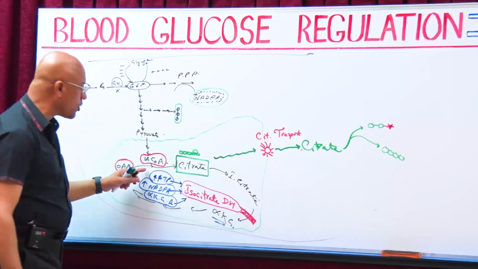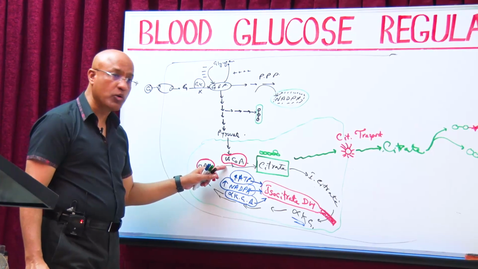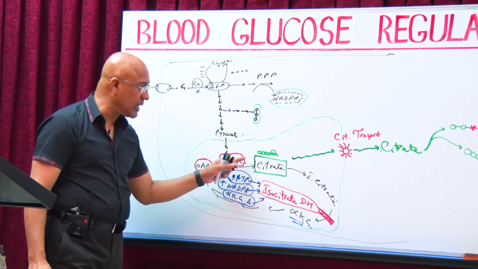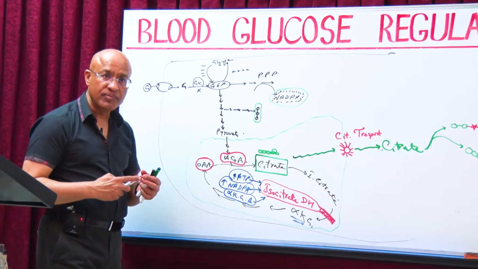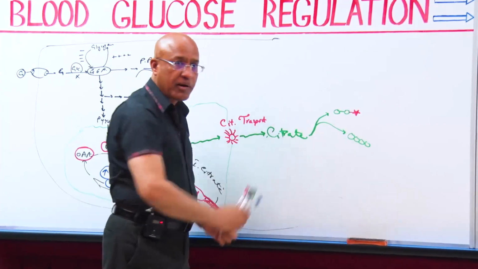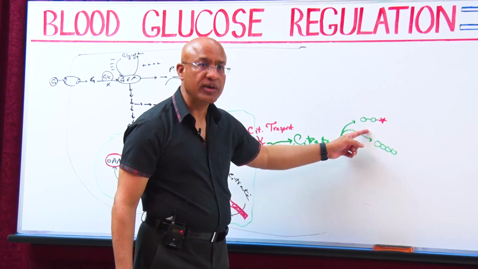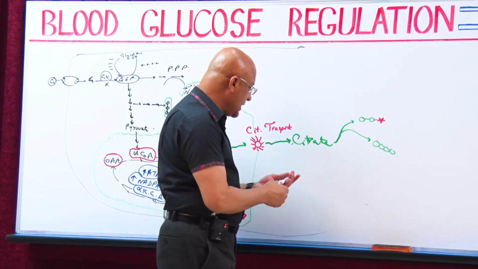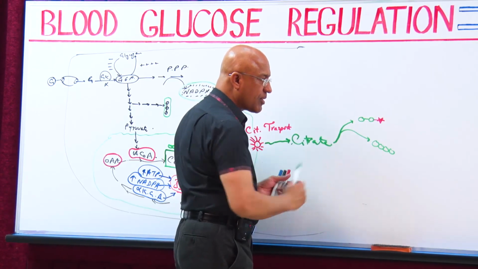Previously we had acetyl CoA, which was intramitochondrial acetyl CoA. Intramitochondrial acetyl CoA runs the Krebs cycle and produces energy. But when you find CoA outside the mitochondria into cytosol, it is going to help in formation of fatty acids. And citrate breaks down into acetyl CoA, and what is this?